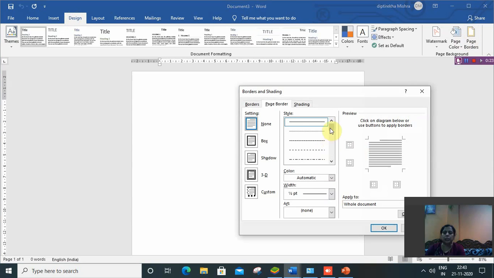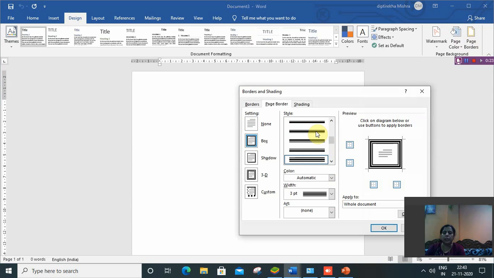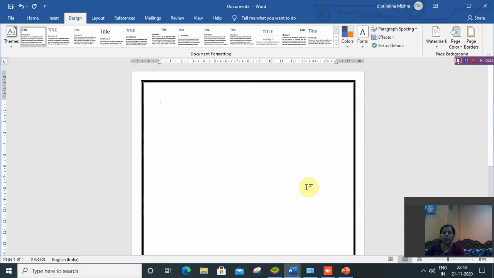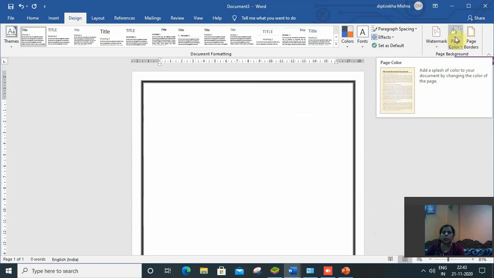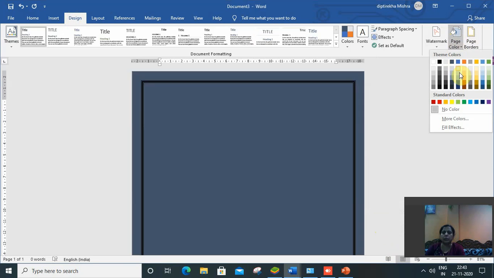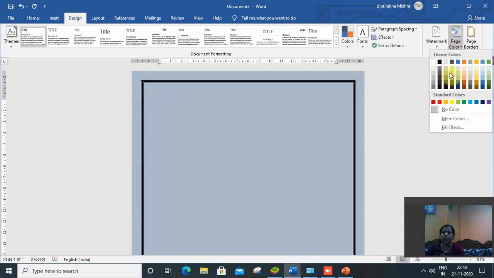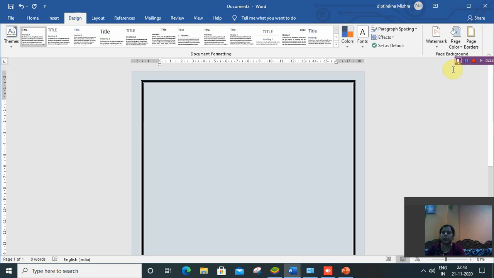You can select the border style like this, and for page color go to the page color option from the page background and choose any color of the page. So this is for page color and page border.